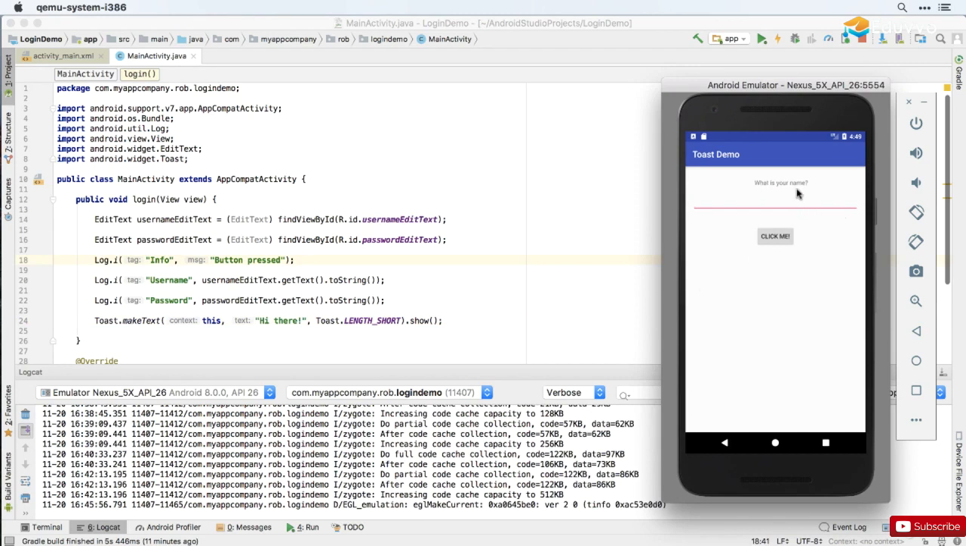We've got what is your name as a simple text view at the top there. And then you enter your name, click the button, and a toast appears that says hello, and then whatever your name is. Now that last bit is the challenge bit of the challenge, because what we haven't done before is